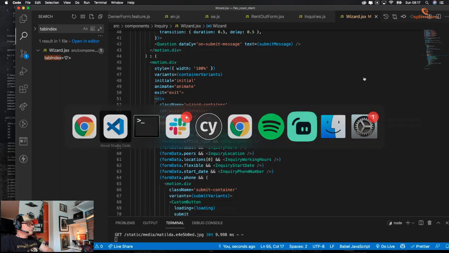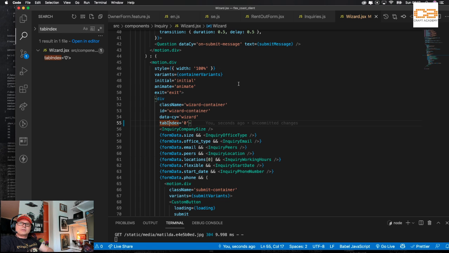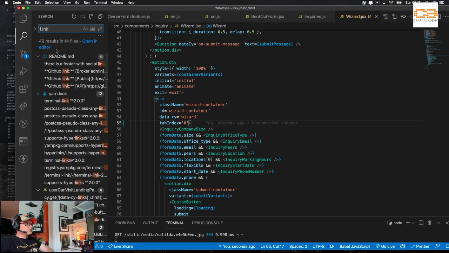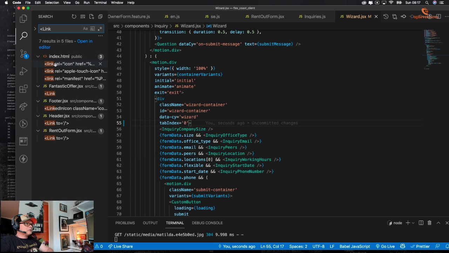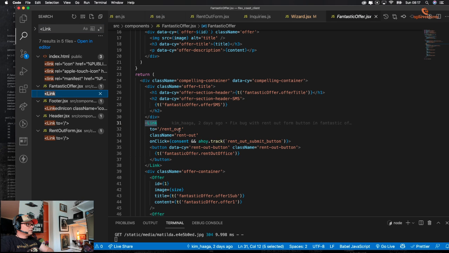How am I supposed to find these things? I mean, let's see, where do we do link? Okay, no, maybe link. Fantastic offer link to rent out button. onClick consent.